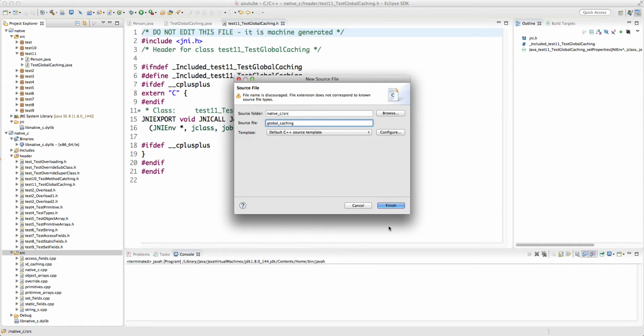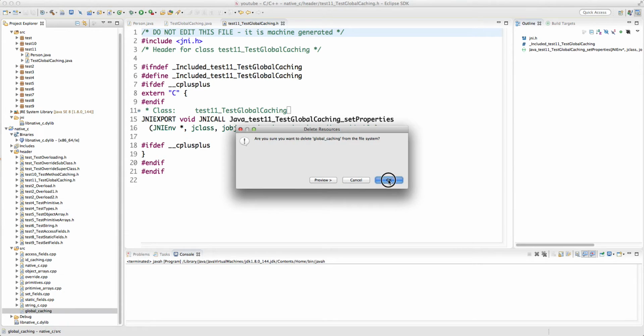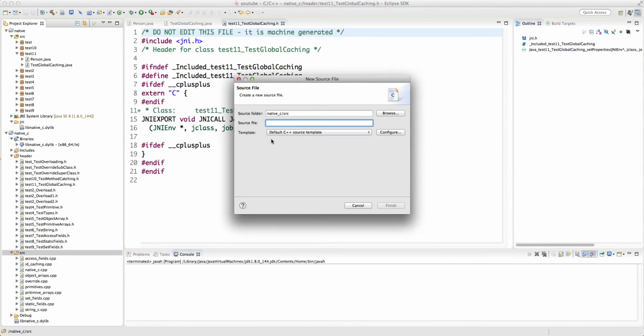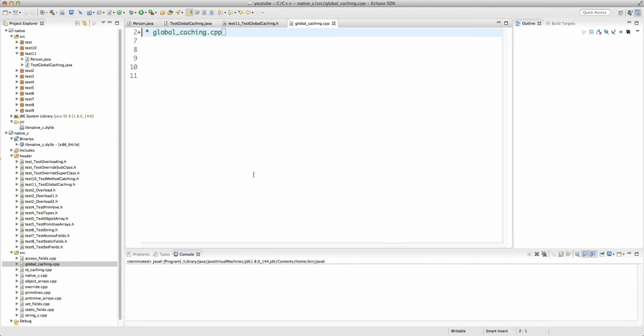Global caching. Okay, actually I should add the .cpp extension. So right click, source file, let's zoom in, global_caching.cpp. So we have to tell the compiler that this is by default a CPP. And again, the very first thing that we do, we include the header file we just created,